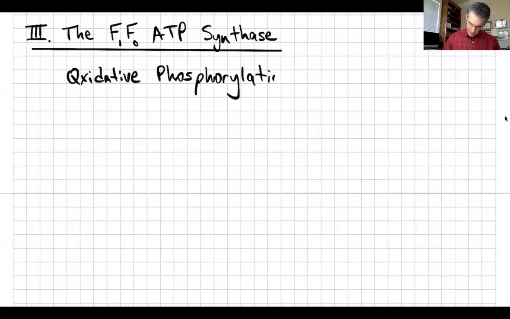Or the idea that the oxidation of ultimately the carbohydrates or amino acid backbones, whatever, their oxidation leading to the reduction of NAD plus and FAD to NADH and FADH2, and then their ultimate oxidation and production of water. That oxidative cascade is directly connected to the formation of that phosphodiester bond, where we take ADP and make